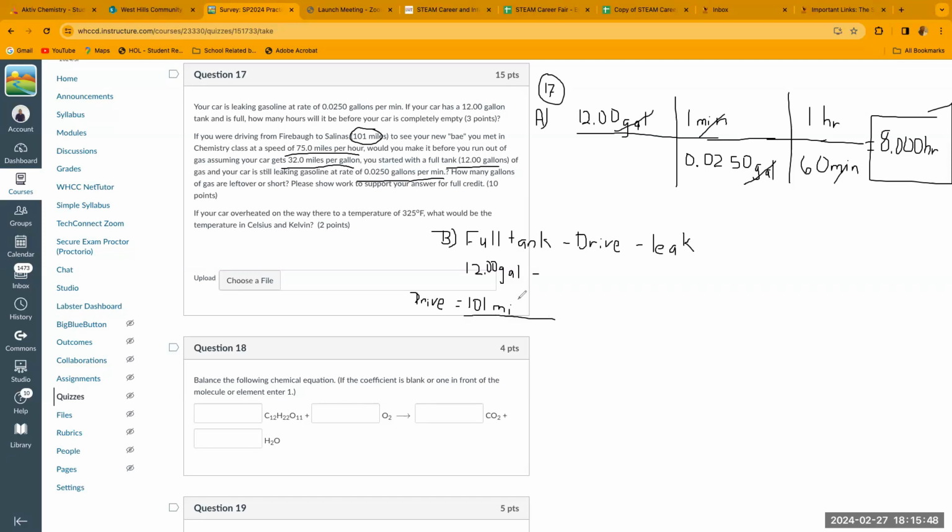So am I going to put miles on the bottom since I have miles up top here, or on the top? On the bottom, that's right. So I'm going to put my 32 miles on the bottom. And we know that that's per gallon, so we're going to put our 1 gallon on top. Okay, so then miles are going to cancel out, and we're going to end up with